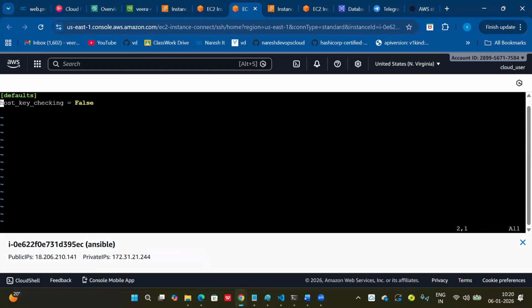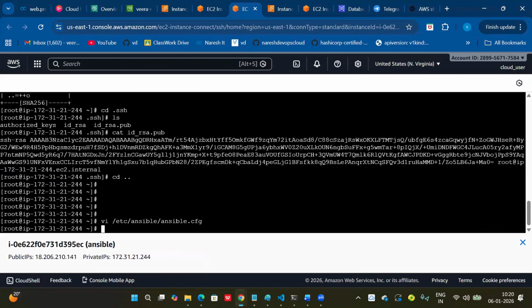So from now onwards, Ansible will not ask for the yes or no key verification. Directly it will try to ping if the key is correct. So you just understand, guys, this step is not authentication. This is just yes or no only. The authentication yes or no is ignored. But the key is mandatory. Otherwise the communication will not happen. Clear na, guys? Okay.